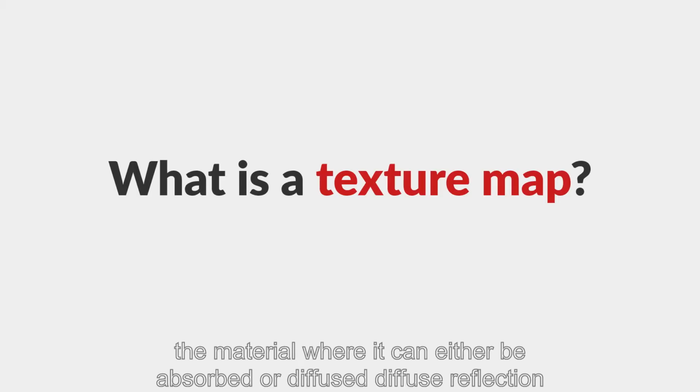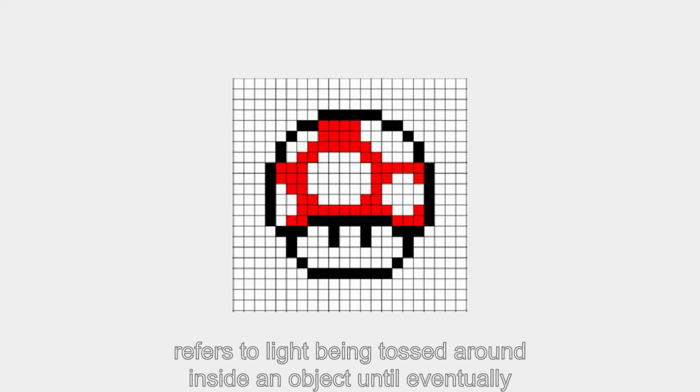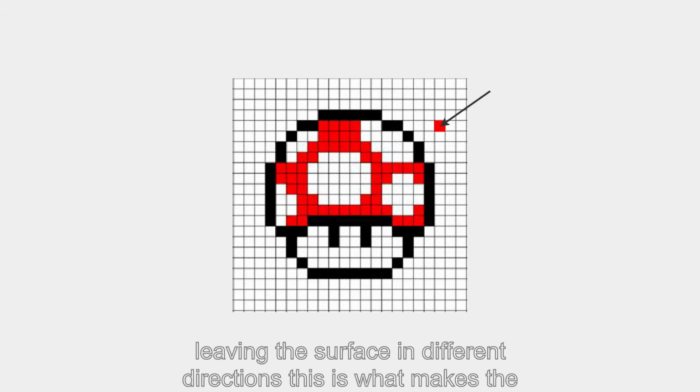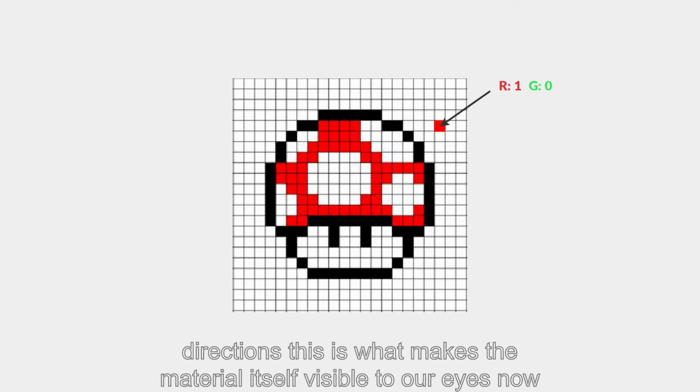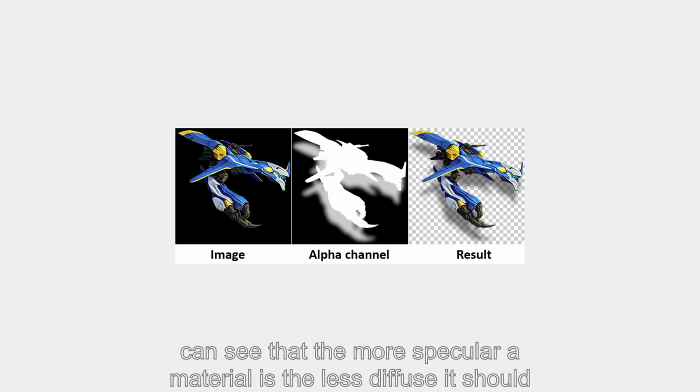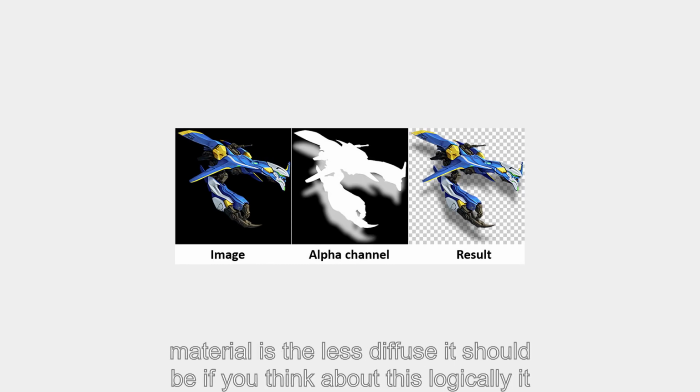So what is a texture map? A texture map is basically an image. For each pixel on the image, we can specify a color. Each color consists of a red, green, and blue value. These are called channels. However, each pixel actually has a fourth channel, the alpha channel. Normally, this is used to define transparency, but as you'll see further down the line, we